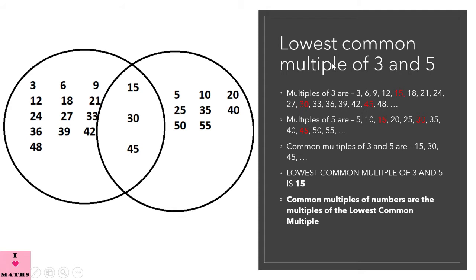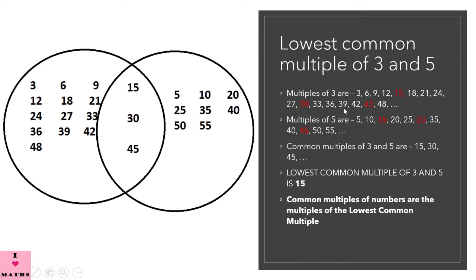Today we are going to find out the lowest common multiple of 3 and 5. Now lowest means smallest. So the multiples of 3 are 3, 6, 9, 12, 15, 18, 21, 24, 27, 30,